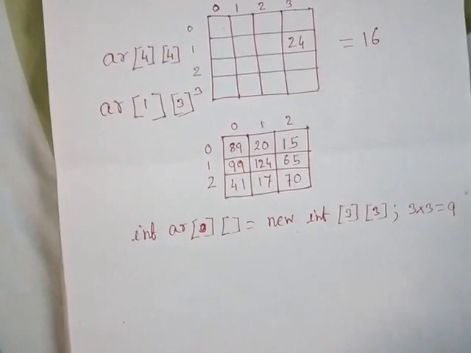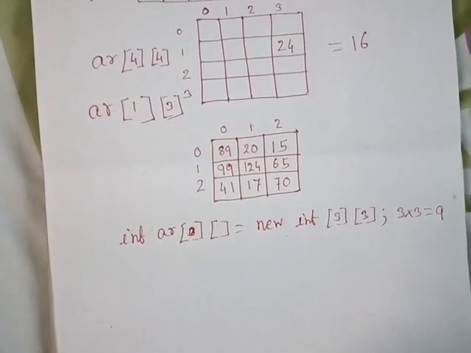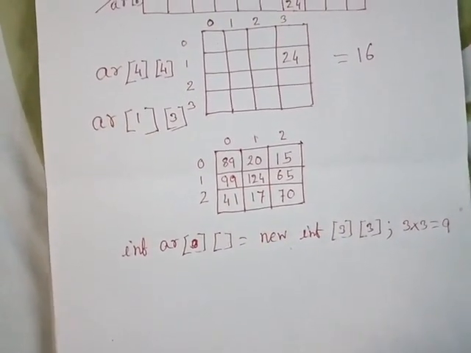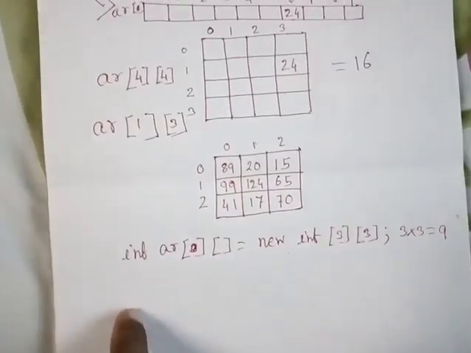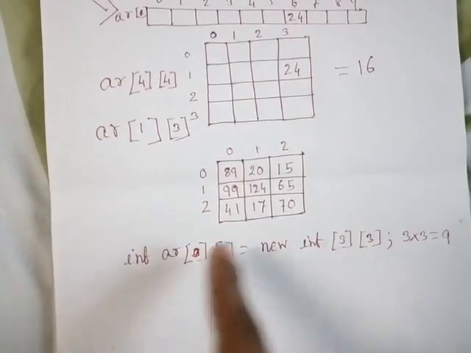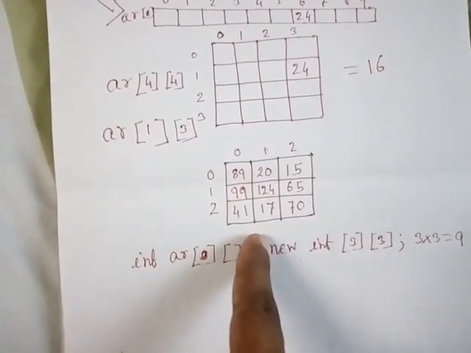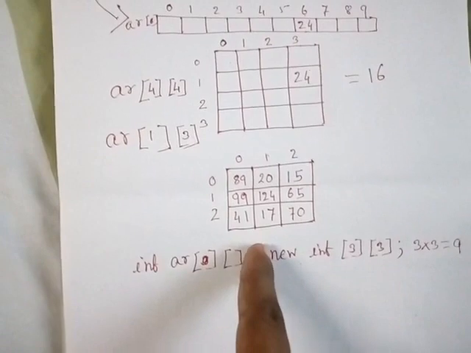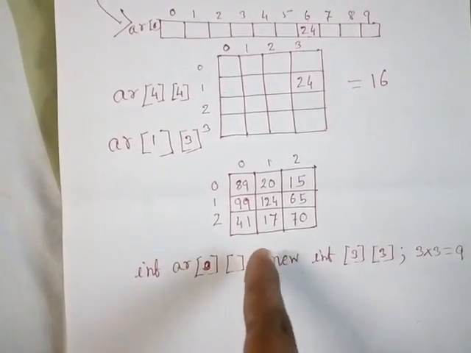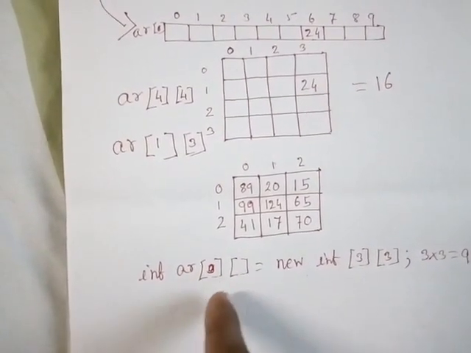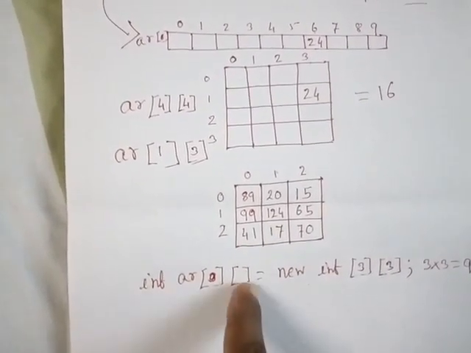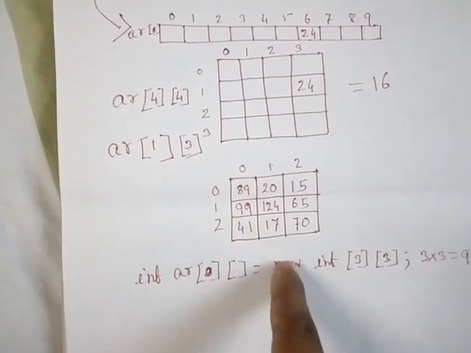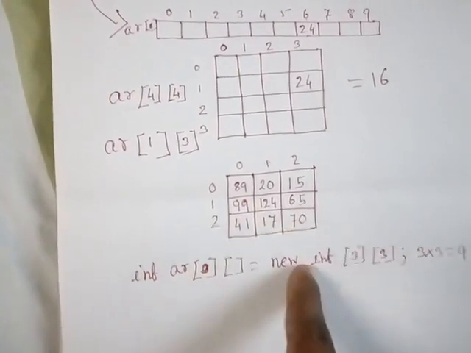Now students, the main problem is all of you are thinking, sir, 9 values we have to enter in a matrix or 2D array, but how to enter the values in the array? Last time in a 1-dimensional array we used a for loop. So in this case we have to use the for loop once again, but there is one technique by which we can easily enter the values in the array. See, I am just showing you.